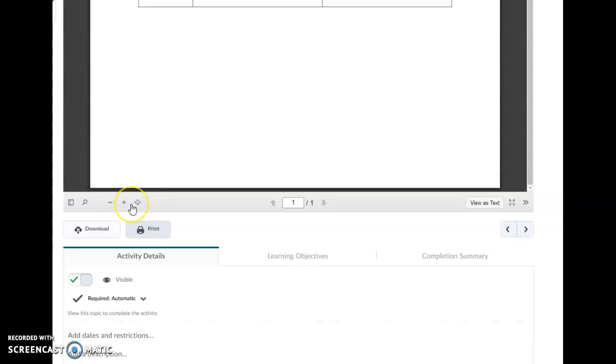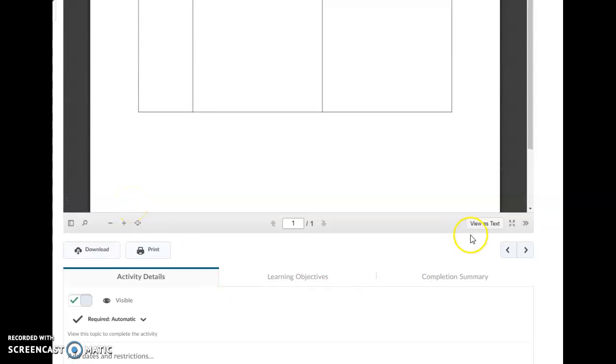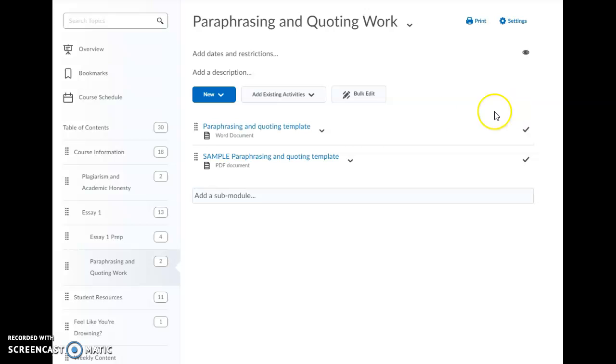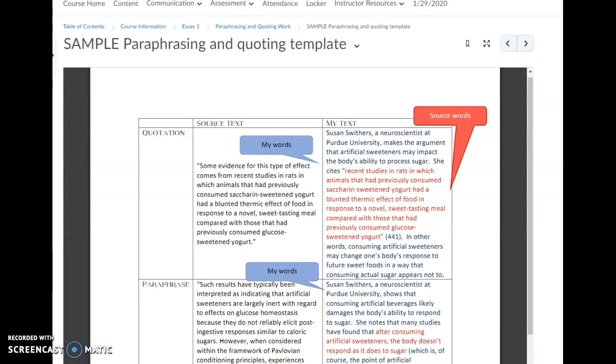And if you've got Google Drive, or Google Docs, if you've got a Chromebook, it should upload and open in Google format as well. The other thing we have is a sample paraphrase and quoting template. So this is actually the thing that's going to help you the most to walk through and understand what's going